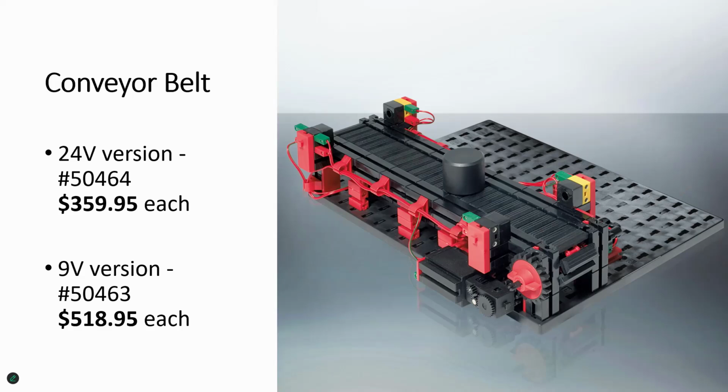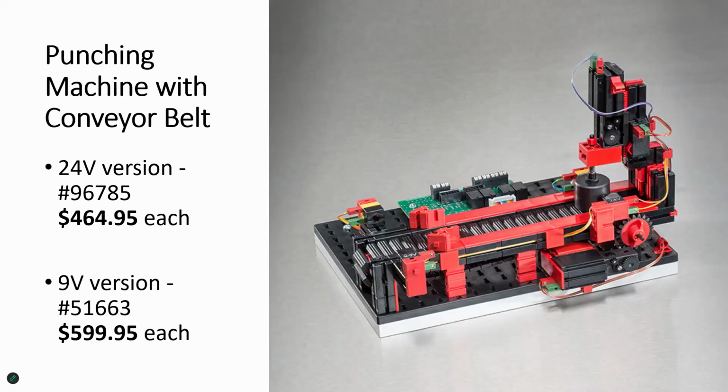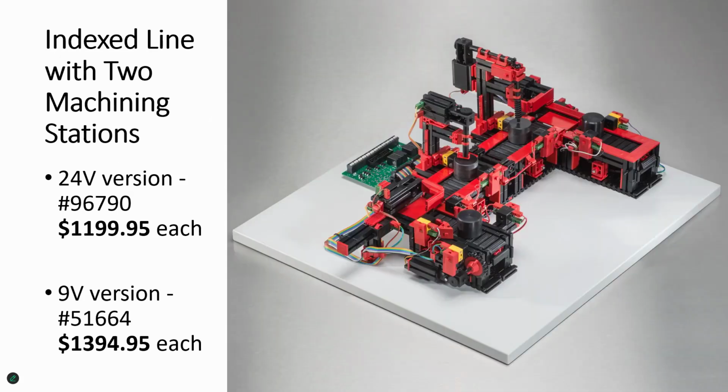$518.95. The punching machine with conveyor belt in the 24-volt version is $464.95 per unit. In the 9-volt version with the TXT controller, it is $599.95. The indexed line with two machining stations in the 24-volt version is $1,199.95. In the 9-volt version with the two TXT controllers, it is